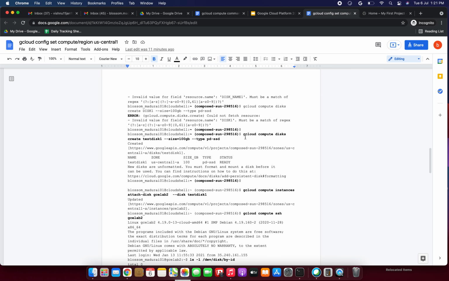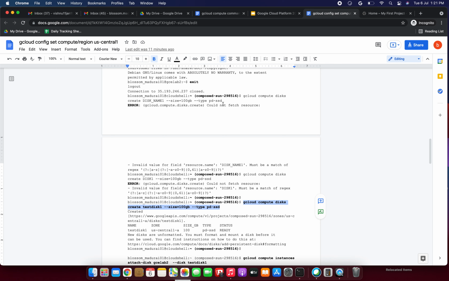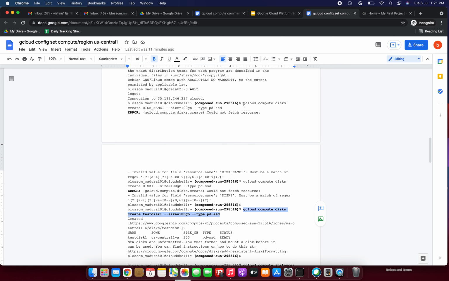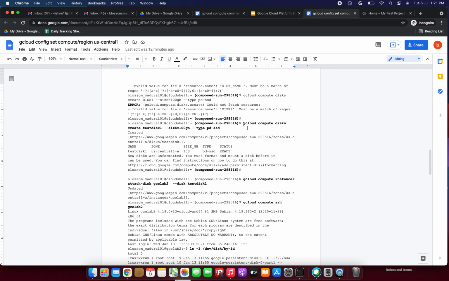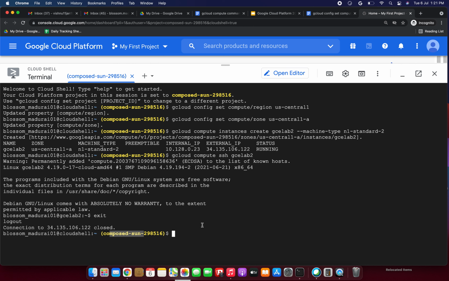For creating the disk, I have already tried this, but let me check this one first. We need to copy this one: gcloud compute disks create, our disk name, and size 100 GB as per our need.